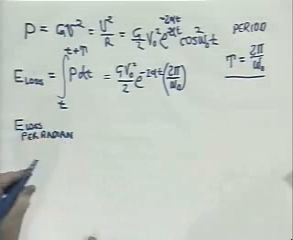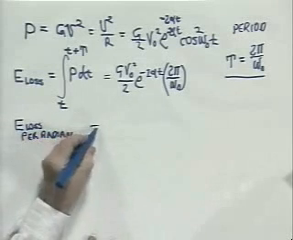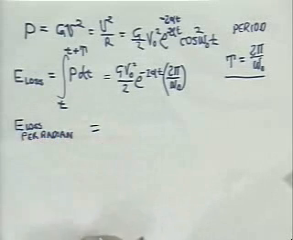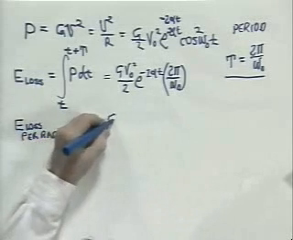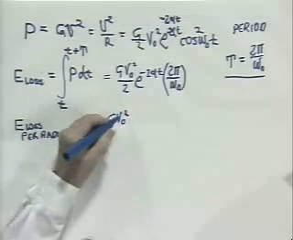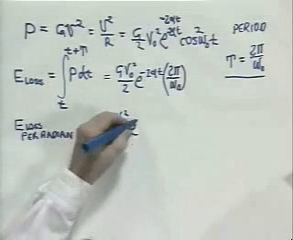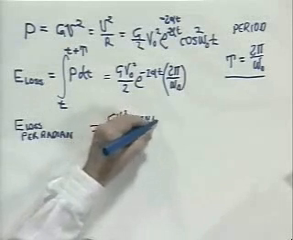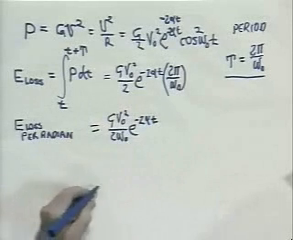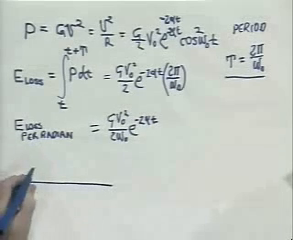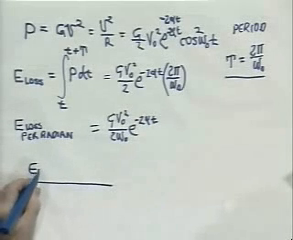This is the energy lost in a period. The energy lost per radian is just this value divided by 2 pi. So it's G V naught squared over 2 omega naught e to the minus 2 alpha t. And finally, I want to form a ratio, which is the energy stored